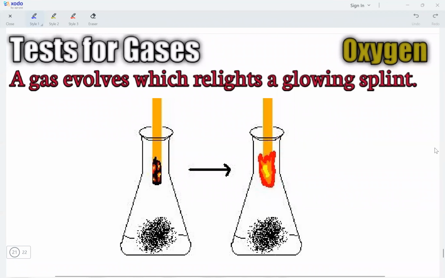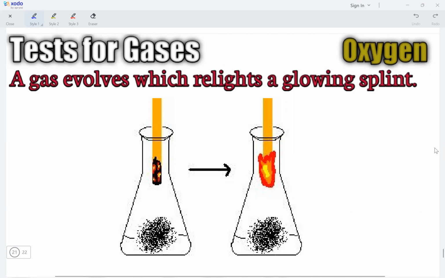The last gas we are testing for is oxygen. Now, oxygen is not a flammable gas. However, oxygen is needed to keep a flame lit. So this is the exact principle we are going to use in testing for oxygen. So how do you test for oxygen? Normally, you have